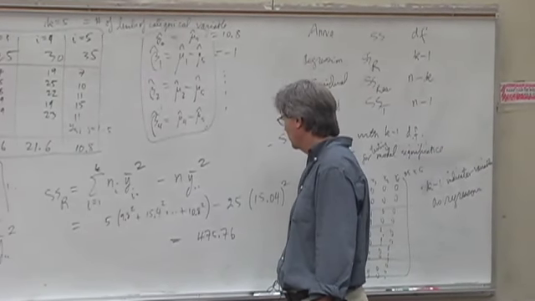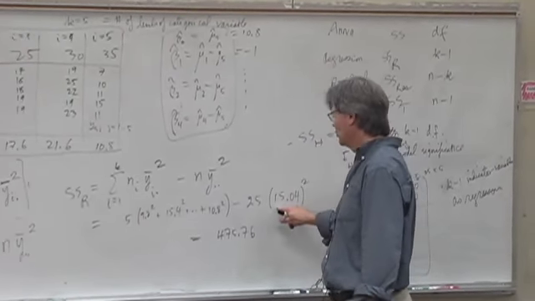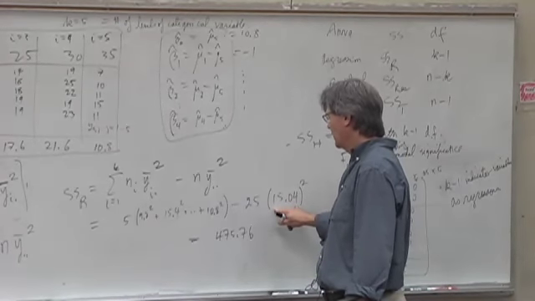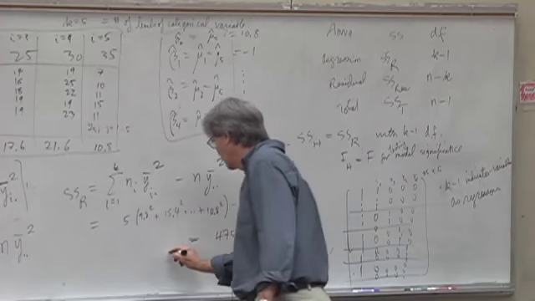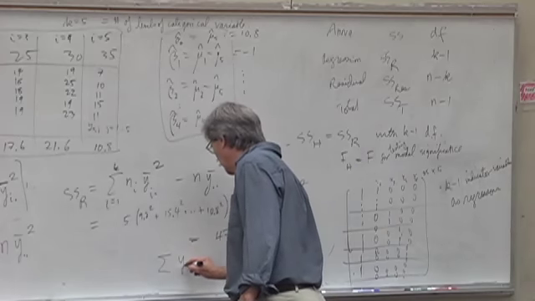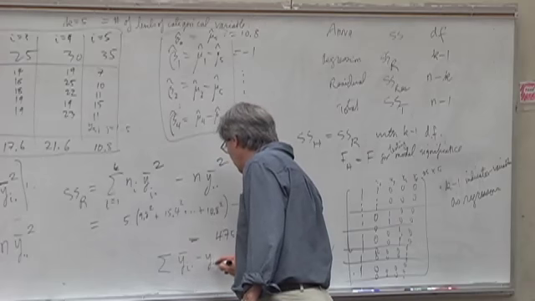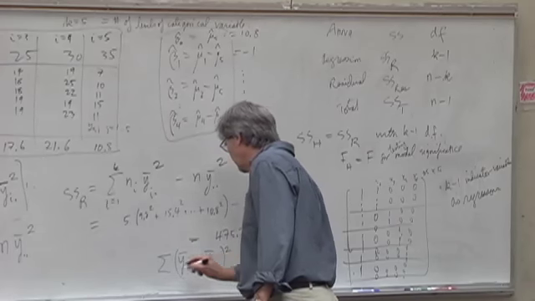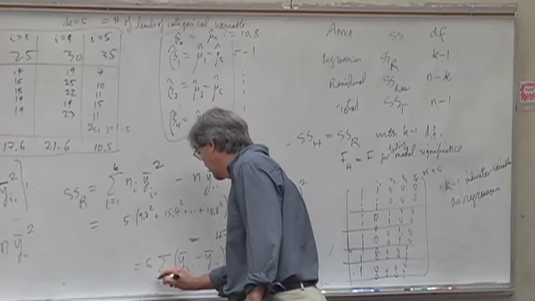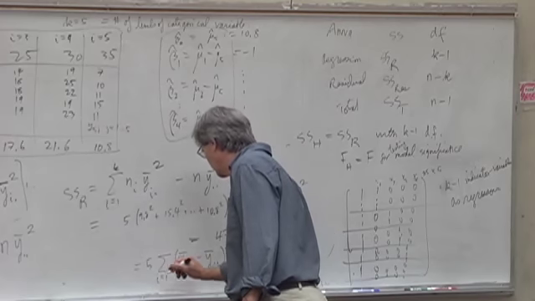Because what would it be? I think it comes out like this: summation of yi dot bar minus y double dot bar, squared, and then times 5, i goes from 1 to